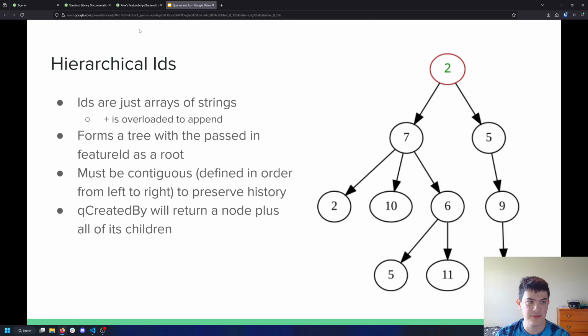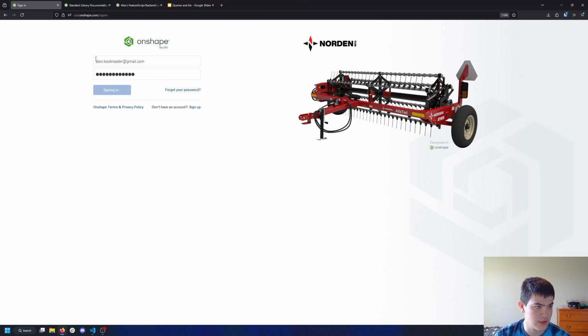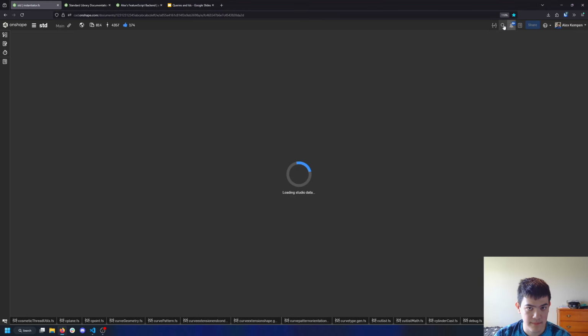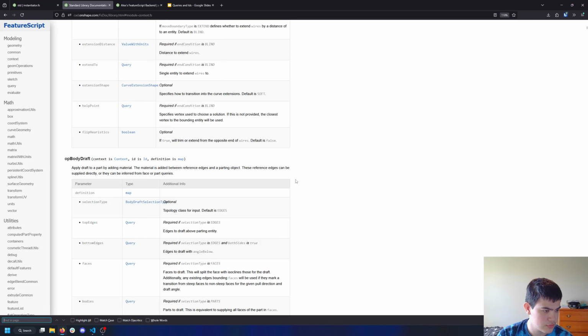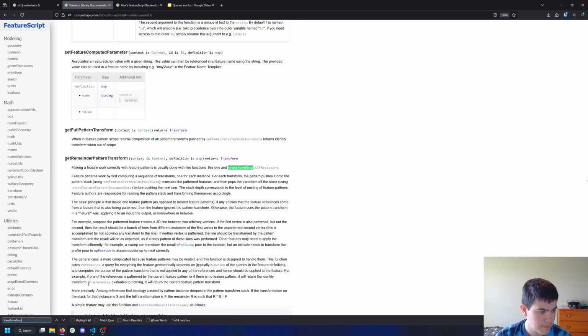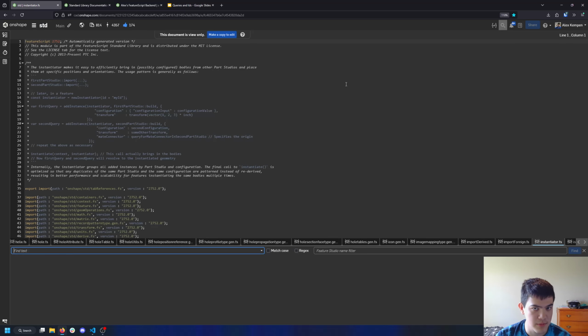And so one way that's useful is if you think about your feature ID, your root ID, right? queueCreatedBy, called with your root ID, your feature ID, is always going to return everything your feature has done up to that point. And so a salient example of that is if we go look at some source code here. So there's this function, what is it called? transformResultIfNeeded, or transformResultIfNecessary. That's right. And so if we go look at the implementation of that,